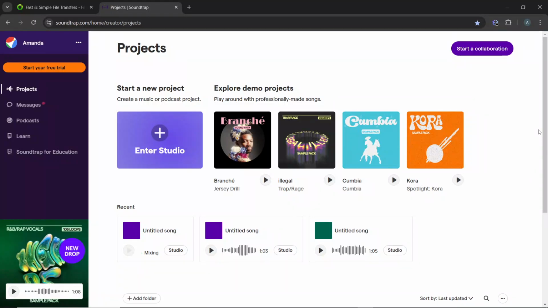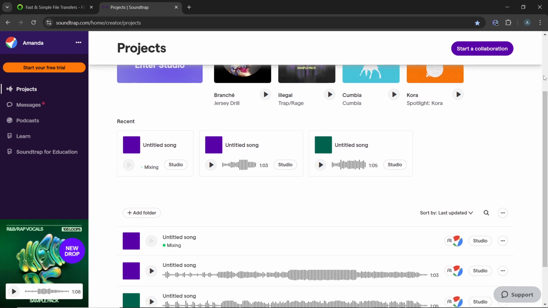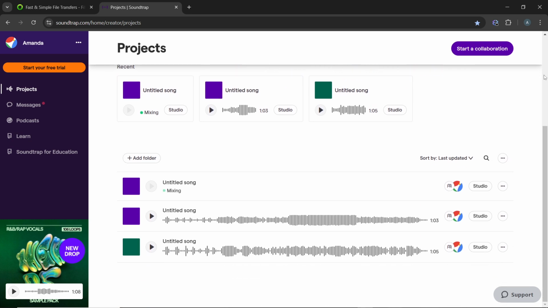Hello! In this tutorial, I'll show you how to change the picture of a song on Soundtrap. To change the picture, which is the cover image of a song or project on Soundtrap, follow these detailed steps. The first thing you need to do is to open your web browser and go to Soundtrap web app at